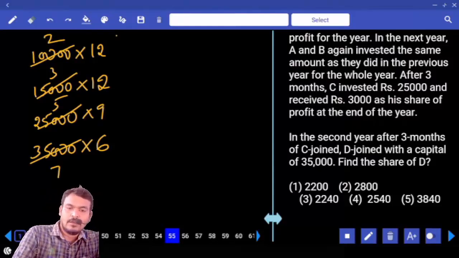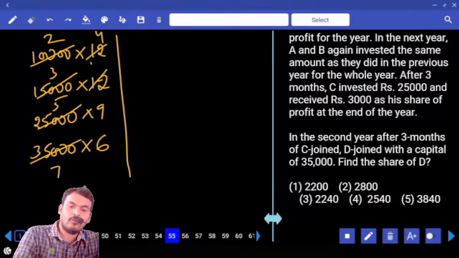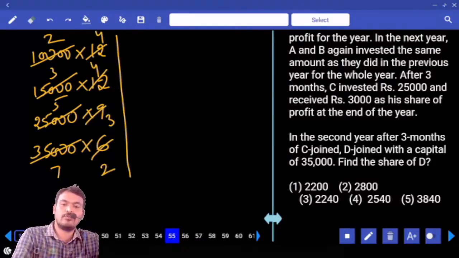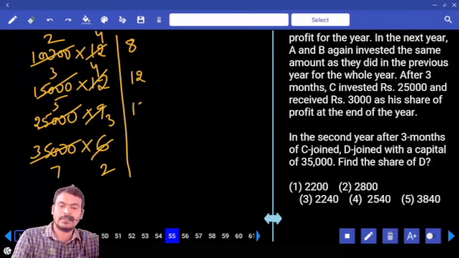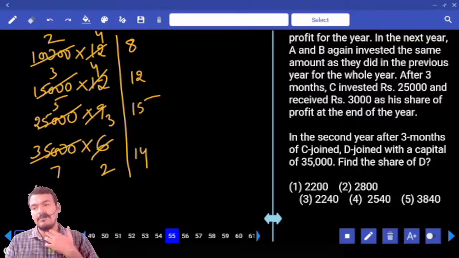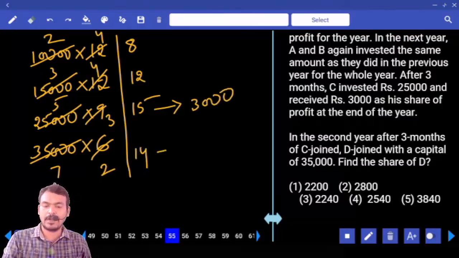Next. All are in multiples of 3 or not? 3 4s, 4 times, 3 times again 2 times. 2 4s how much? 8. 3 4s 12. 5 3s 15. 7 2s 14. Already we know C's profit or not? C's profit is how many parts? 15 parts. 15 parts is how much? 3,000. Then 14 parts